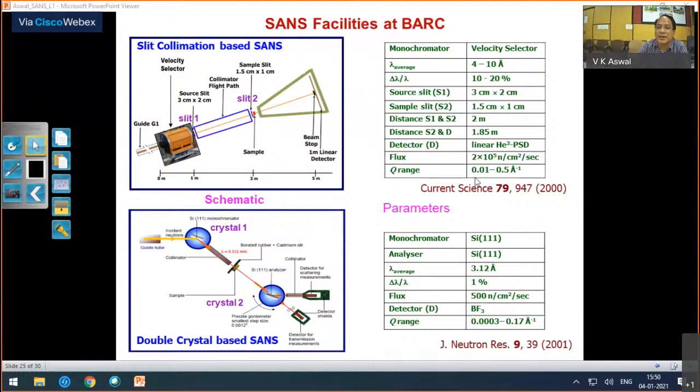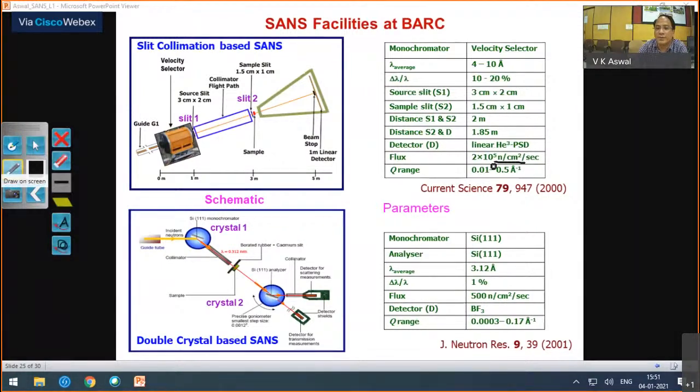And this can go in this Q range actually. The Q range covered is this value actually. But if you want to go to very low Q values, then we will use another principle. So in this case, you use a set of parallel crystals, and then what you do is you put a sample in between, and you rock the second crystal with and without the sample, and from that you can go